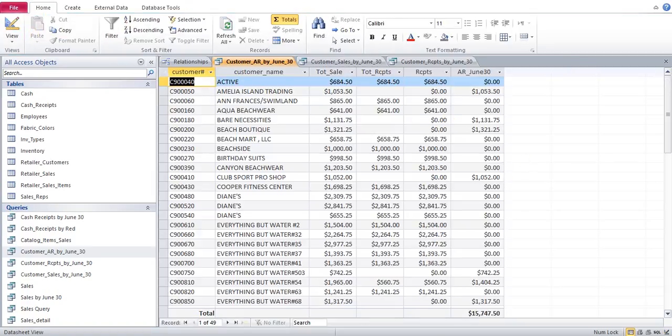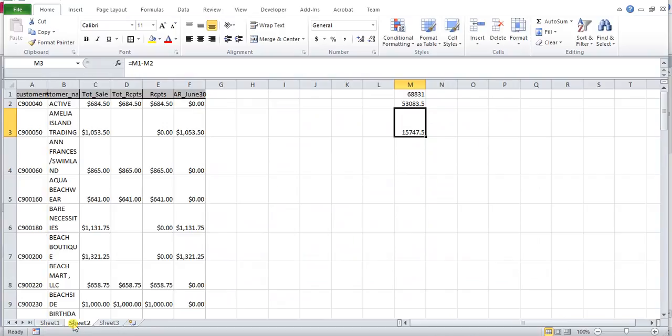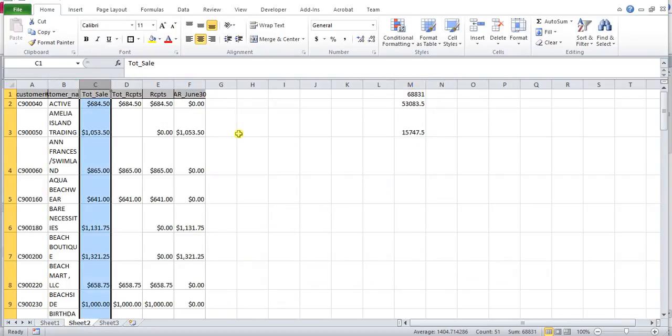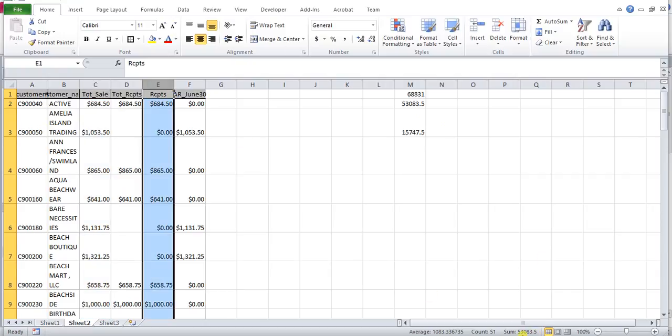This will be my result. My result, total sales amount will be 68831, and total receipt amount will be 53083.5, and my account receivable will be